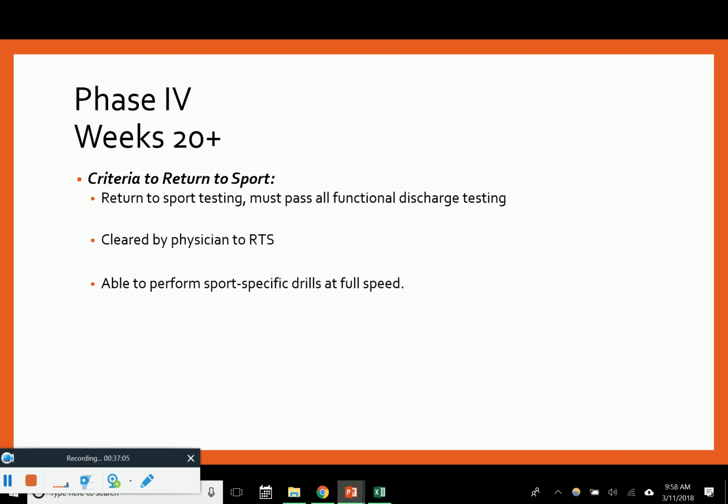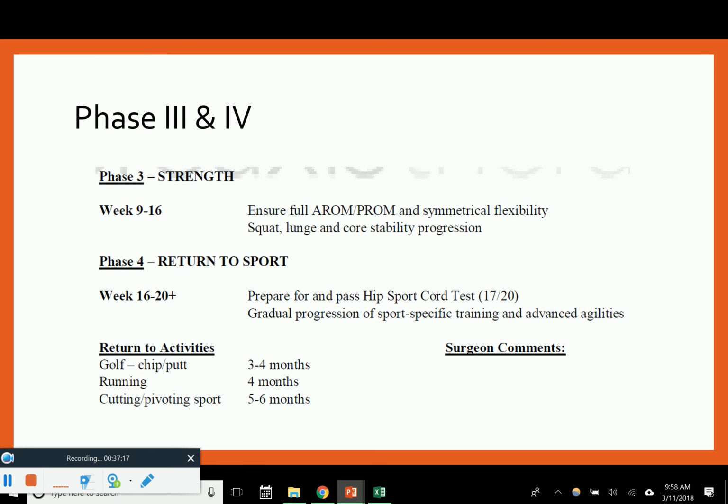Phase 4 is week 20 or more, so 5 months. This is your return to sport phase. Your return to sport testing must pass all functional discharge testing cleared by the physician to return to sport and able to perform sport-specific drills at full speed. Here's